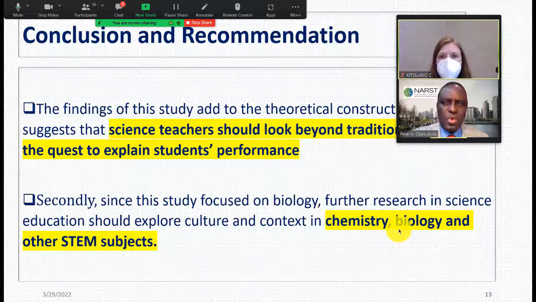We must go to the deeper level of it. If you like, look at Bloom's taxonomy, but I'm not looking at Bloom's, I'm just looking at deeper meaning, deeper understanding, which we can get from scientific explanations of our students.